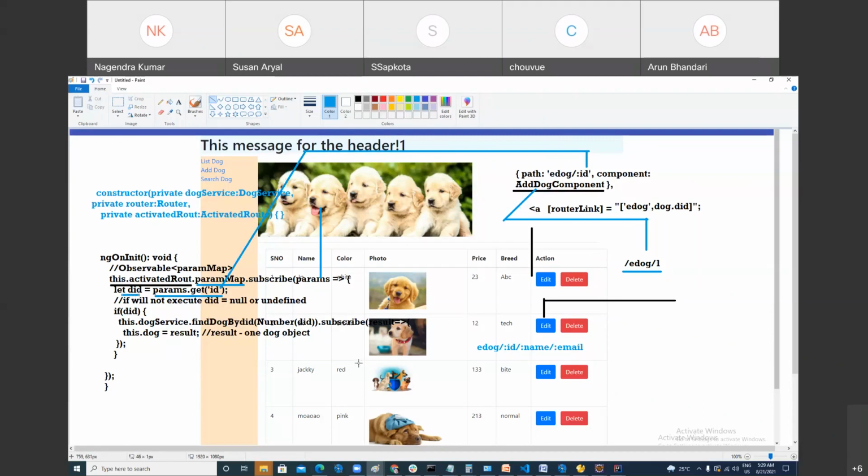So pretty much fetching the ID from the activated route. Exactly. Activated route is basically used to fetch the data from the routing. In the routing URL you are sending it, you can fetch it. After it, if it is not null and undefined, then you are making a call to the service layer. You are saying I'm interested in the dog, whose ID you are converting from string to number,